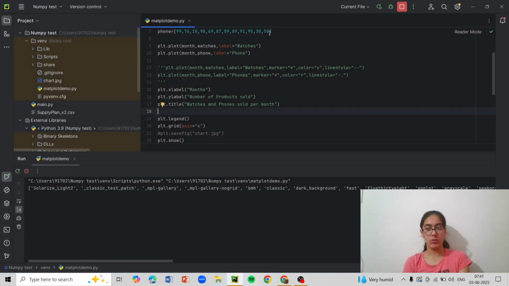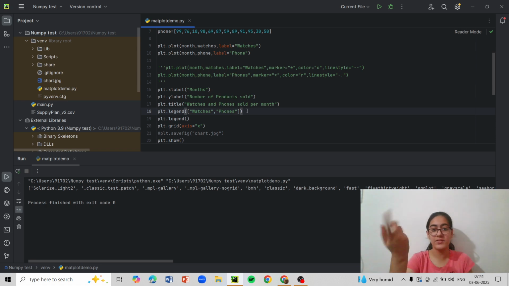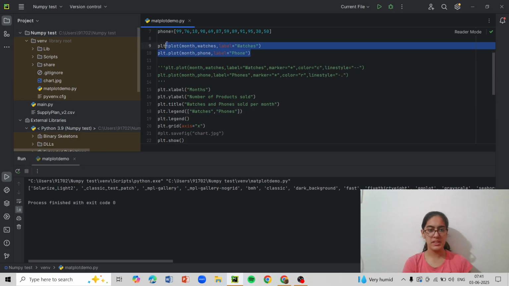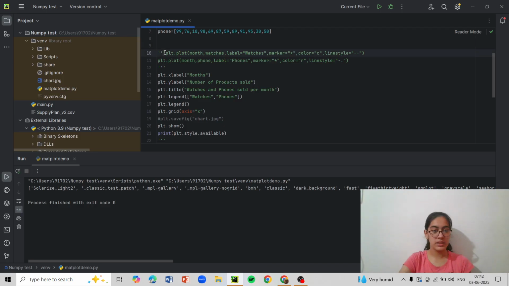So this is how we put in the label. So label is used by legend. So I just put in that line as well. It is for my own understanding. Even if I don't put this line, nothing will happen. But since I put it, it just simply overwrites the first label. And since it is the same, there will be no changes. Now I'll remove these lines. I just wrote it to explain. If you match these two lines with the following lines, there's just marker, color and line style extra. So I'll show you what that is in just a few minutes.